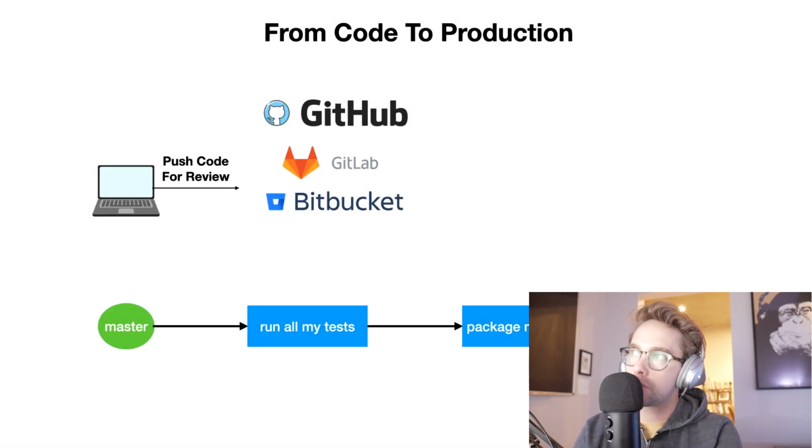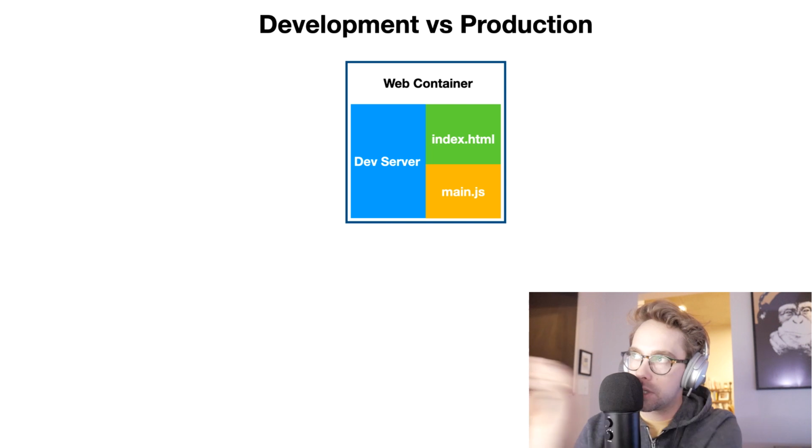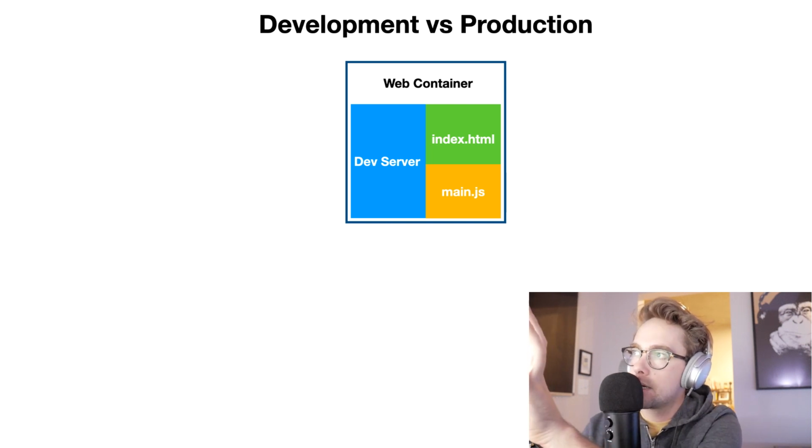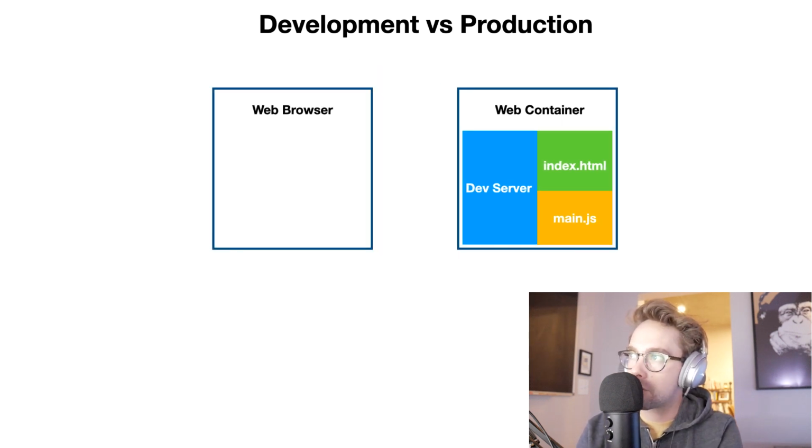Development versus production. So for the dev server, we have a web container and it has, of course, this fancy development server and something like our index.html and the main JavaScript file. So this is the current state of our React application. When the web browser comes in and we're making requests to our dev server like localhost port 3000, that request gets proxied through the dev server and gives us a response,